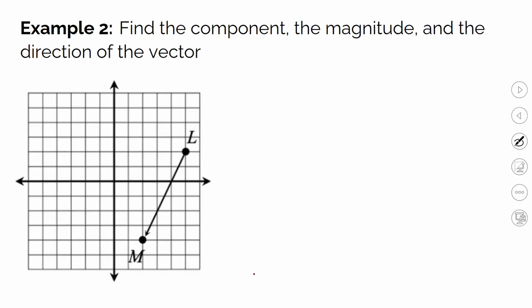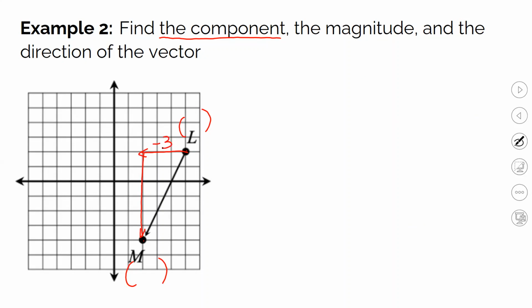Example 2. Now I'm going to be faster. Instead of writing the coordinates out to find the components, there is actually an easier way. To go from this point to this point, because what the component is asking is, if I want to go from the initial point to the terminal point, what will be my direction of movement? How will I go? I need to go like this first, then go like that. So you can just count. Since I'm going left, this is definitely going to be -3.